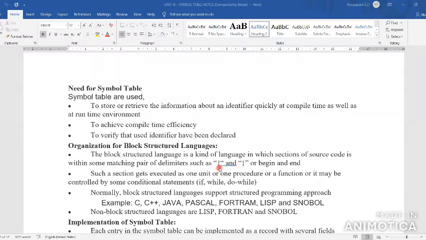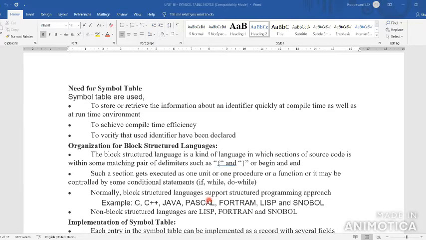In between the open bracket and close bracket, you write the structure of the language.